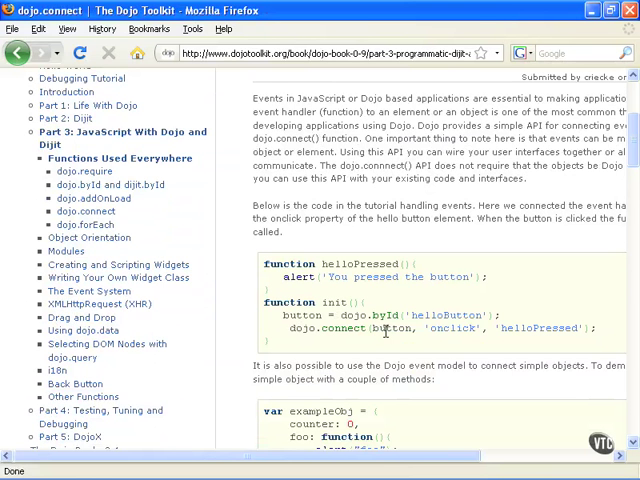The first item is the element that we're going to attach the behavior to. So in this case, we're attaching it to the button. We're attaching the hello pressed function for when you click on the button. So here we have our function set up for hello pressed with an alert that's going to pop up. Alright, next we have